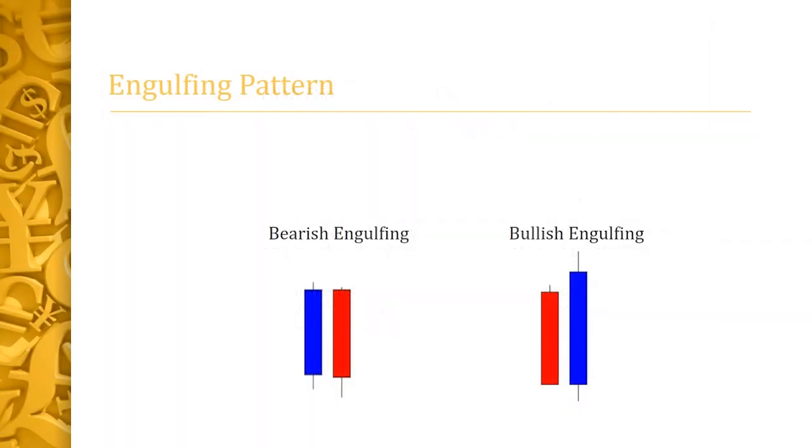So here we have both patterns, the bearish engulfing pattern and the bullish engulfing pattern. The rules of those two patterns are: the market has to be in a clear uptrend for a bearish engulfing pattern and a downtrend for a bullish engulfing pattern. The bearish engulfing pattern is